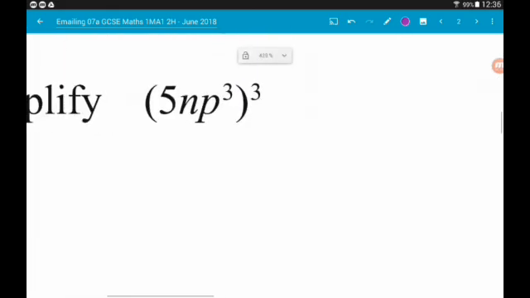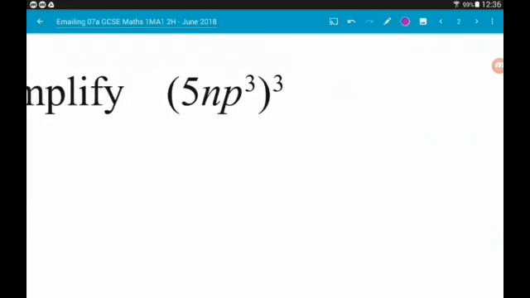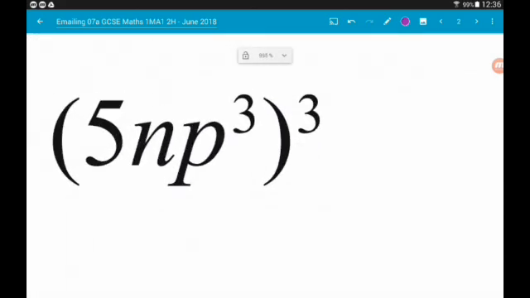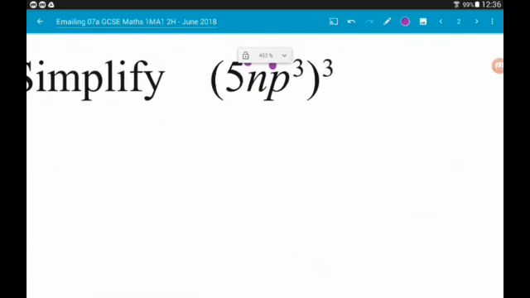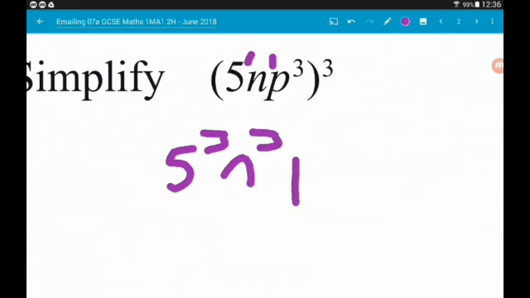Part B wants us to simplify 5np cubed, all cubed. So when powers are separated by a bracket, we multiply them together. Now every term inside the bracket gets affected by this power on the outside. So we can think of 5 as being 5 to the power 1, and then we've also got n to the power 1. So this is going to be 5 cubed n cubed p to the 9,